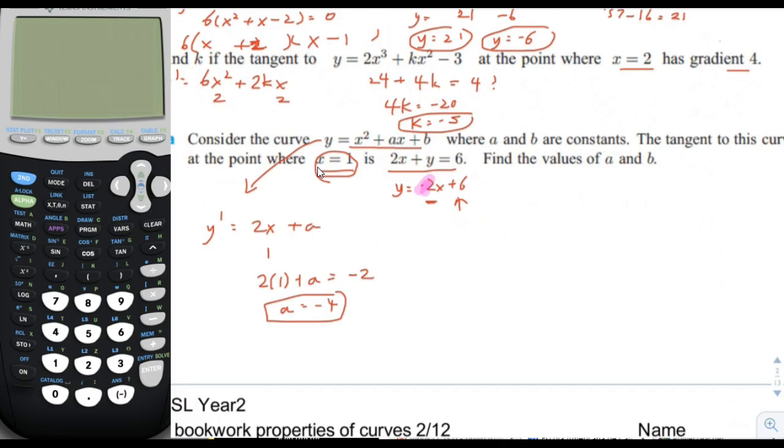Now we need to find a value for b. Now I think it is important to look at the y-intercept, and we're going to see about that. So the function we now know is y equals x squared minus 4x plus b. And we know that one of the coordinate pairs at x equals 1, let's see, what is the coordinate pair? Y equals negative 2 times 1 plus 6. So when x equals 1, y equals negative 2 plus 6, which is positive 4. So the point,